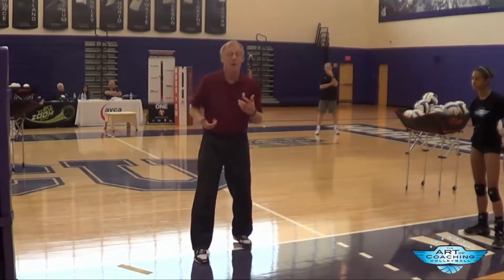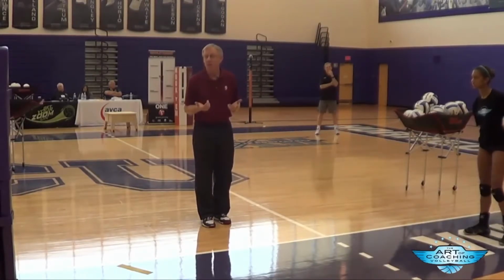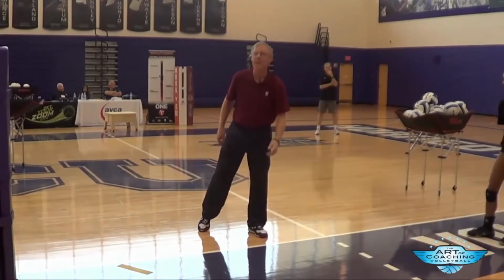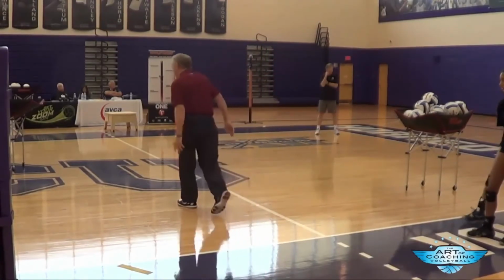All right, so how many step approach? 2, 3, 4, 6, 8? All right, whatever it takes. Swing, person passing and hitting, they can't get there in 3 or 4 steps. It's going to take a lot. A middle hitting in transition,